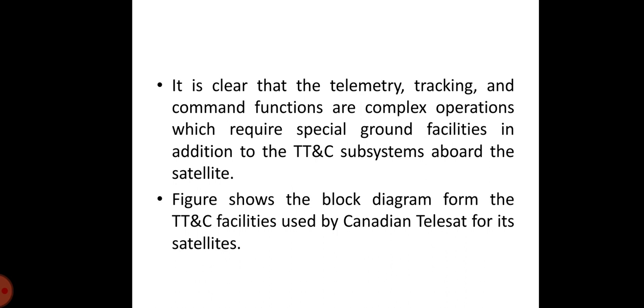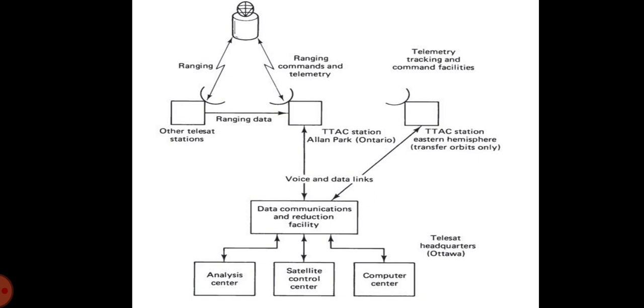So this diagram shows the block diagram of TTC facilities used by the Canadian satellites. Here, the main components of the system are the analysis center, satellite control center and computer center, which transmit and receive signals from the data communication and reduction facility, and the voice and data links will be transmitted to TTC station 1 and TTC station 2, which may transfer the signals to the satellite via ranging commands and telemetry, and the signals from the satellite may be received by another station, and the ranging data can be retransferred